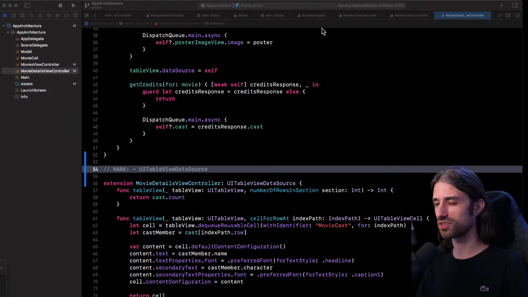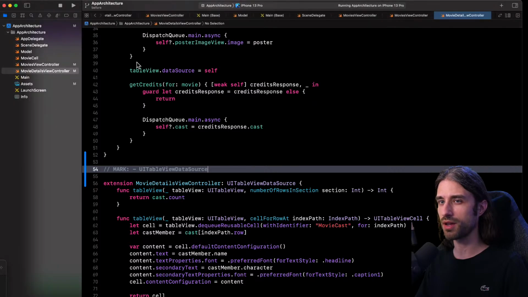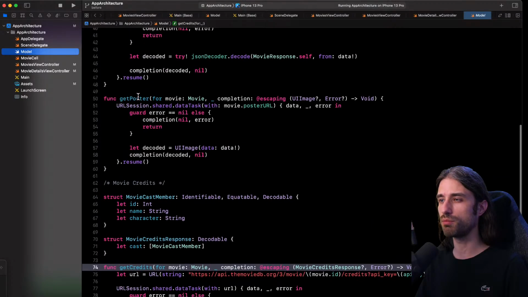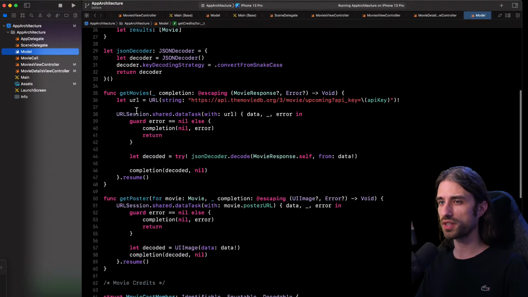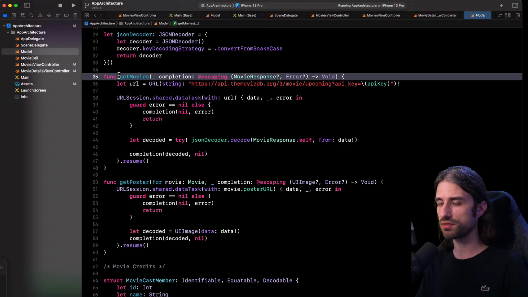And now let's move on to the second item for this live, which is to use the Result type. And for this, we're going to leave the view controllers and go back to the model file. I'm going to draw your attention to this method right here, which is used when we want to get our movies. This method works with a completion handler, and there was a question about it. The reason why I chose a completion handler and not Combine or async await is just to take the most basic approach and not focus on the async part, but more on architectural issues.